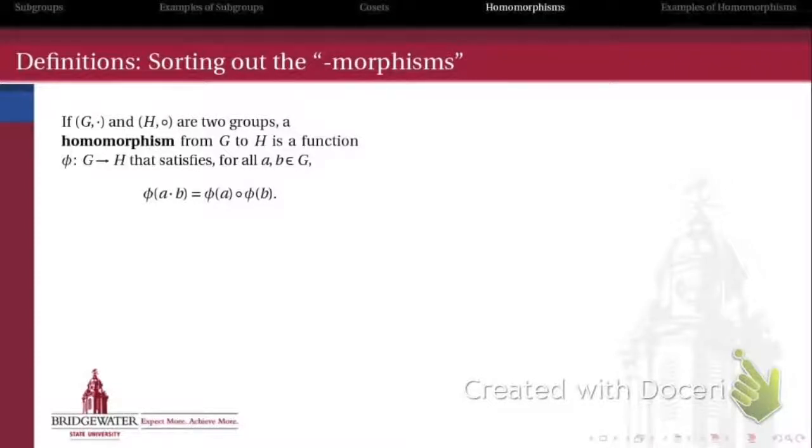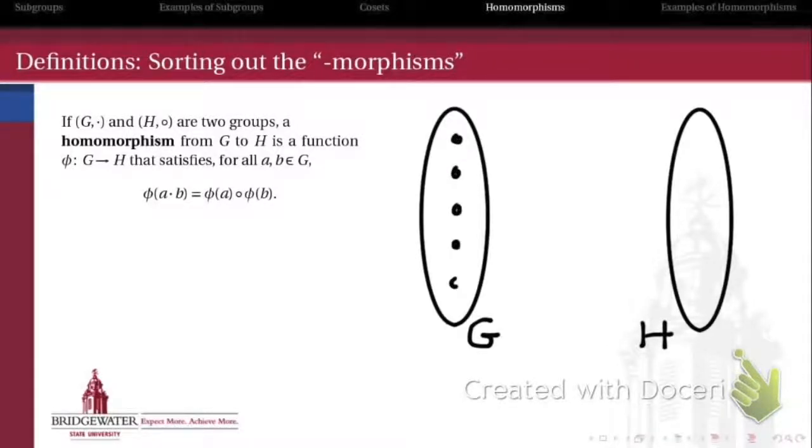And that function satisfies, for all a and b in G, that the function operating on the composition of a with b gives us the same answer as the composition of that function operating on a and that function operating on b. So it looks kind of funny, but what it really means is that we get the same result